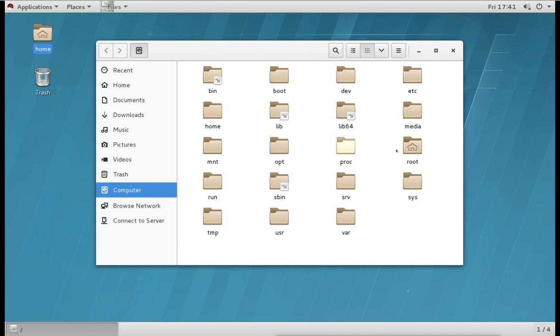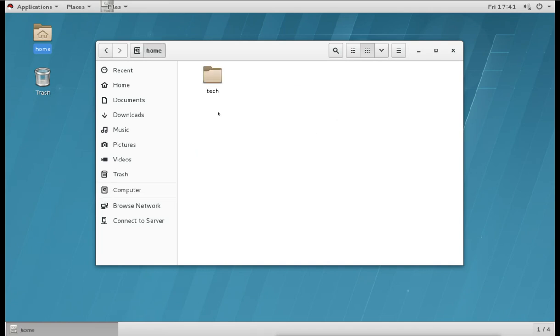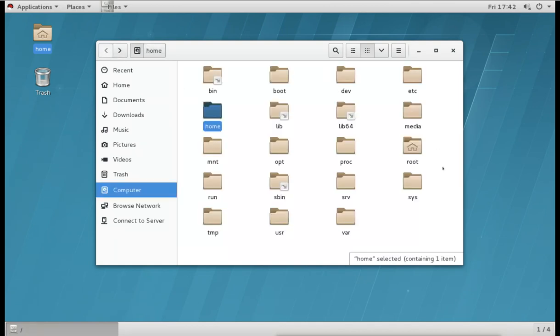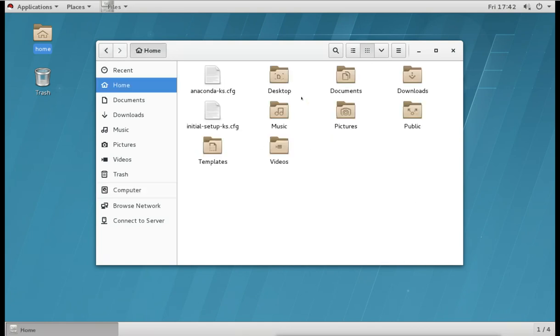you will see the root user's home directory is not having a cross symbol, and it is showing the home symbol, because this is the user we are logged in as. Previously this home symbol was on the normal user's home directory, but now that user is not logged in. We are logged in as root, so we see the root user's home directory here with the home symbol, and we can open this and see this is the same directory which is here. The shortcut is on the desktop.